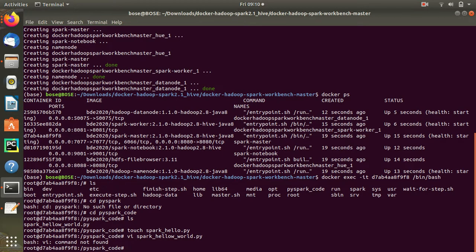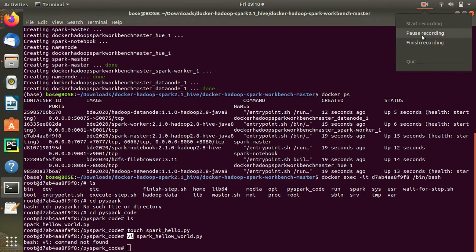Okay, this was not found because this is not there. So what happens is, this is a vim, right? So we have to install vim and we have to set the environment up for vim, otherwise this editor won't open.